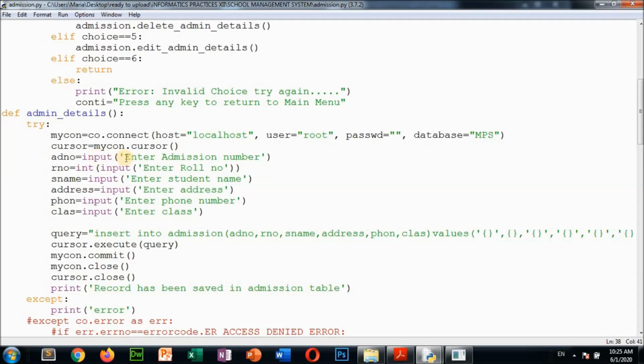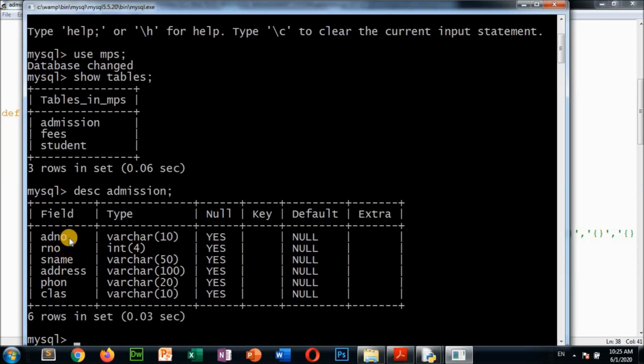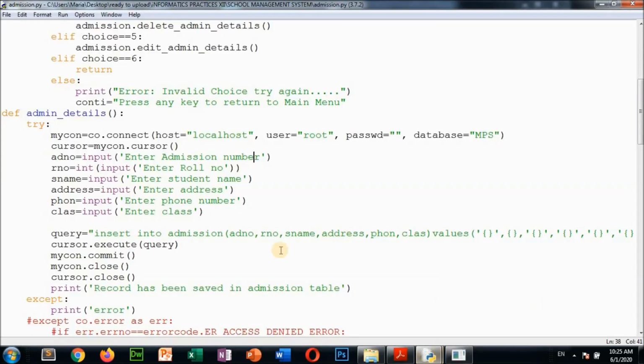The first value will be stored in ADNO, which is the MySQL field name. So in ADNO we are going to enter a string value. That is why I am giving single quotes, because this is a string.